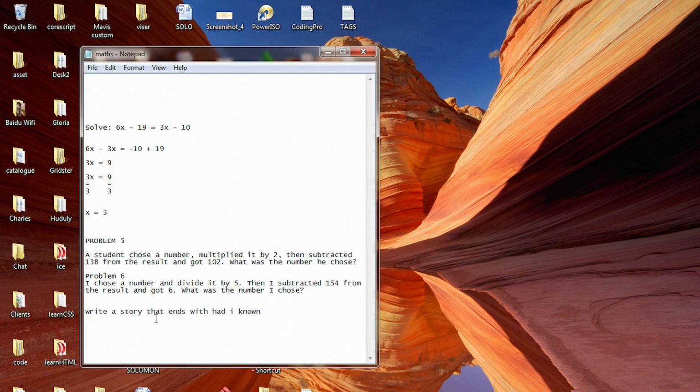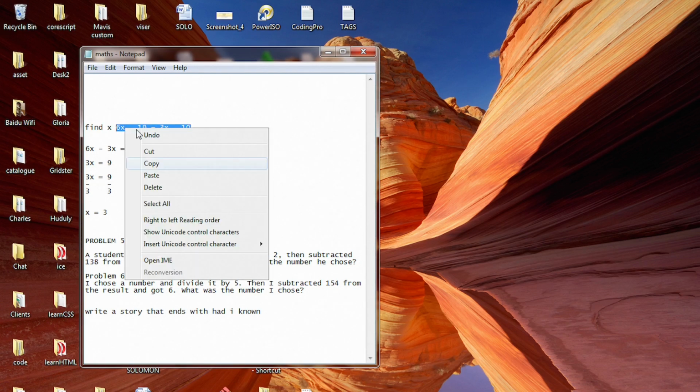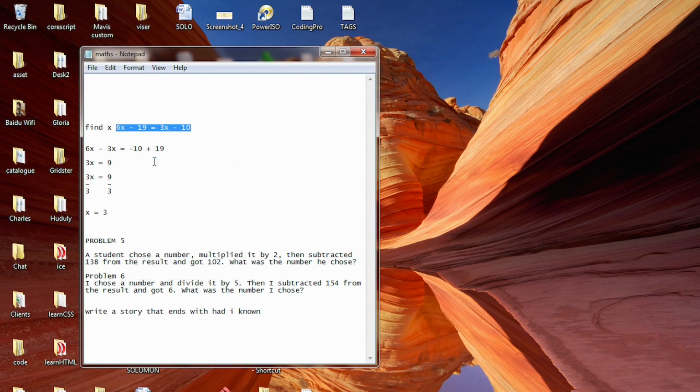Let's ask ChatGPT to solve this equation. So I'll simply copy my equation. You can decide to add this to it. You can also make it this way, maybe "find x." It doesn't matter. ChatGPT is smart enough to solve your problem. So I simply copy the question. I can decide to copy all the question, and because of its intelligence, it will be able to solve this problem for us. So I'll take you to ChatGPT,